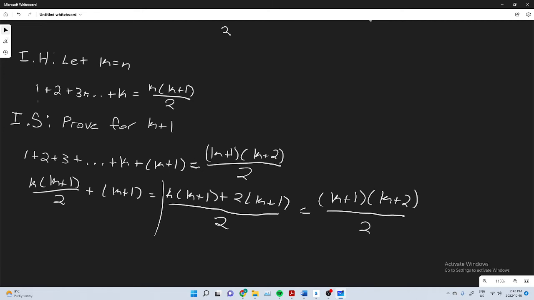And so we can multiply both sides of our equation by 2, and then this is going to cancel everything out, such that we're only left with k times k plus 1 plus 2 times k plus 1